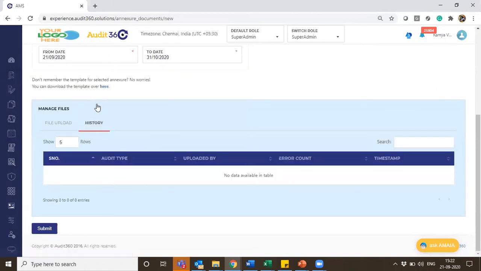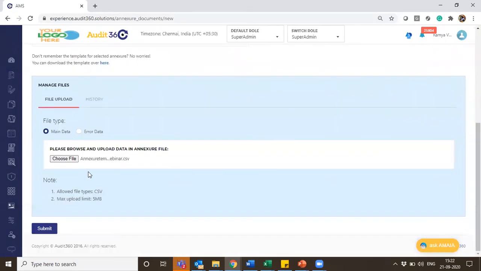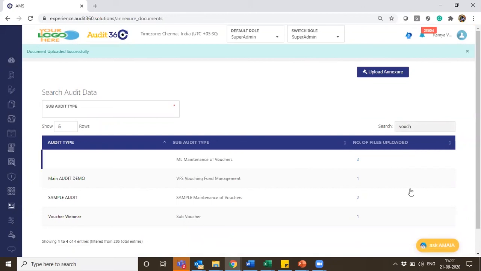History would be when it is dynamic, all the series of uploads can be verified here. And there is an error data. In case when we upload this, if there is some validation which has been done and an error file is generated, all those corrections can be uploaded in the error data. So I just click on submit. Try one data. When I click here,